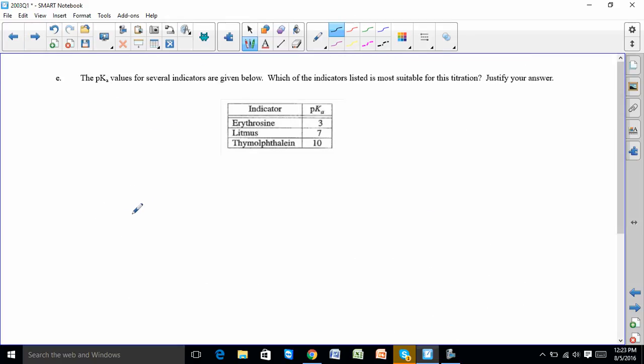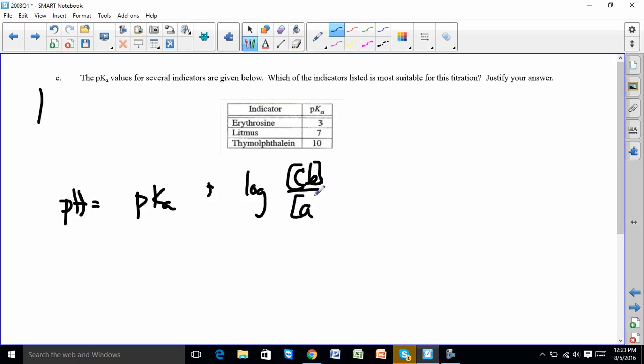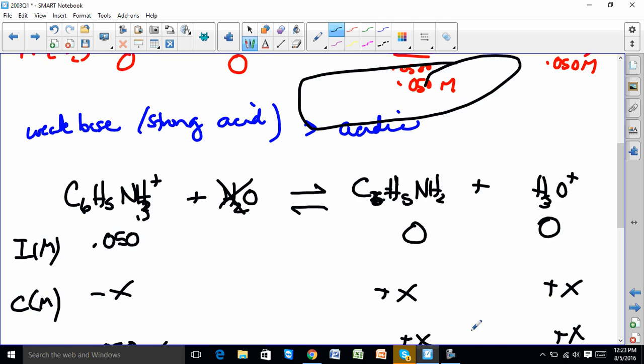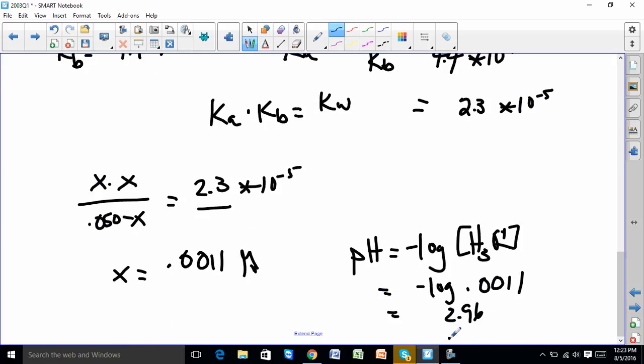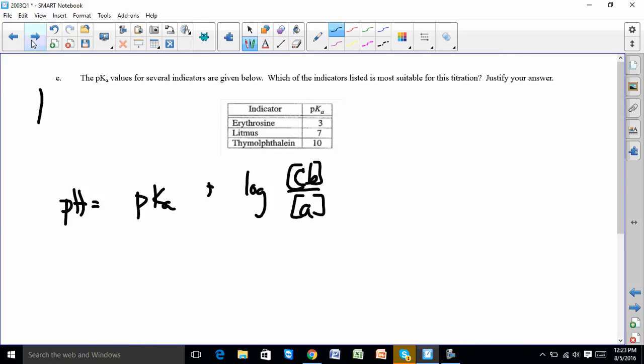Okay, which indicator is the best? So here's the deal. Remember now, pH is pKa plus the log of the conjugate base over the acid. So the titration now, we don't even want to know that. Actually, this is probably a stupid way to do this. What is the pH at the end point? Let's go back. What's the pH at the equivalence point? The pH at the equivalence point is 2.96. Okay, so going over here,